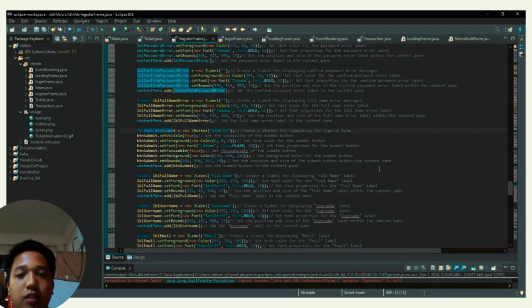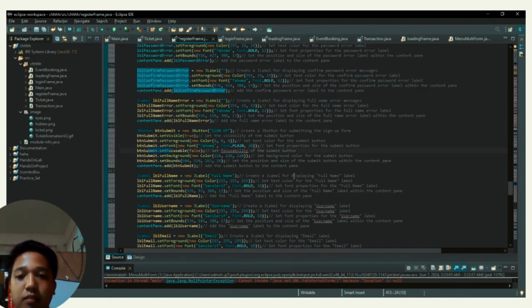Next line creates a JButton for submitting the sign up form. Next line sets the visibility of the submit button. Next line sets the text color for the submit button. Next line sets the font properties for the submit button.